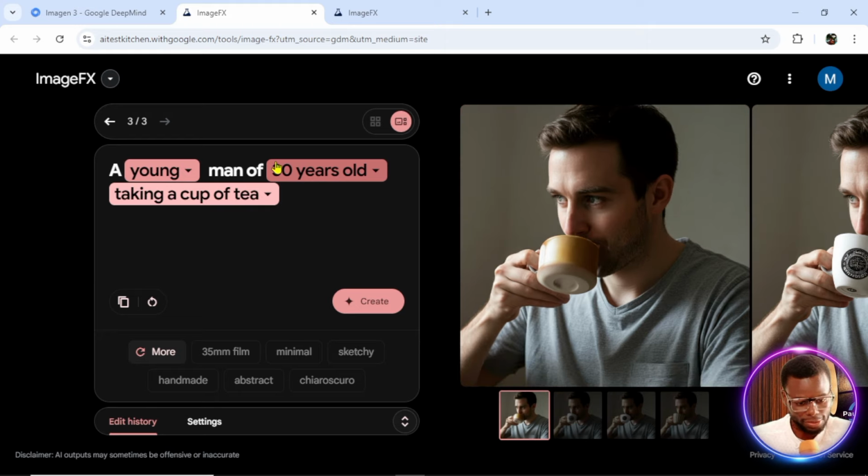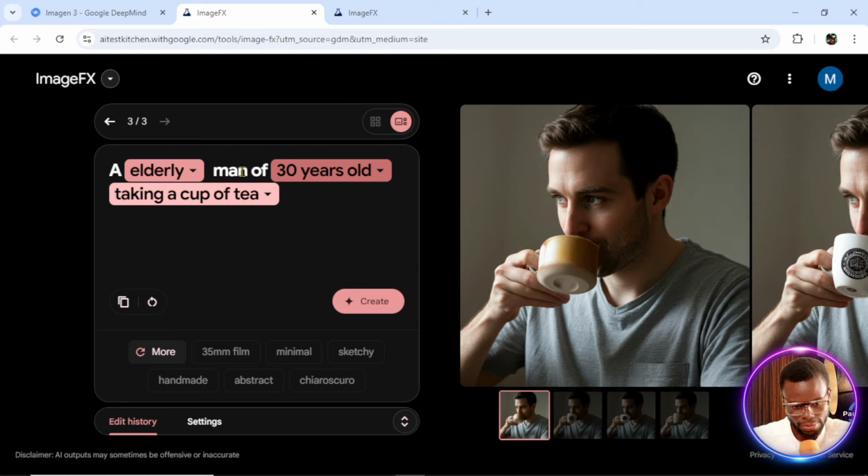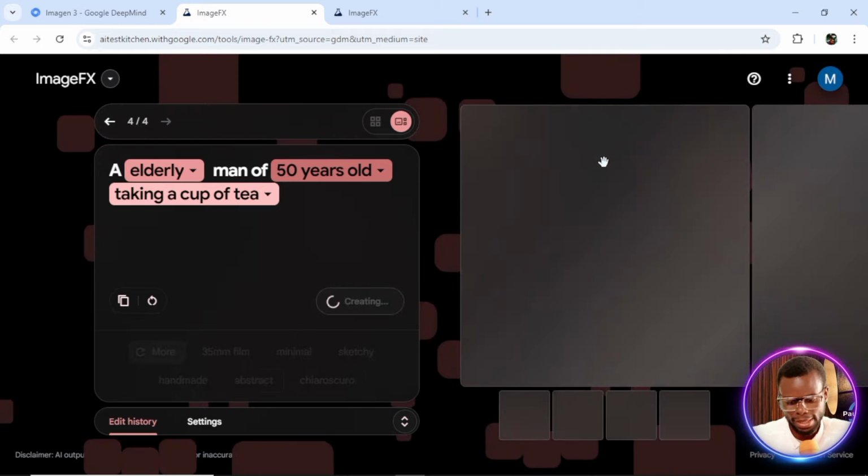All right, and that is not all of it. Maybe you can still go back to the main prompt, where, yes, it has made some highlights. You can make some changes to it. So a young man, maybe I'll change it to an old person. Okay, and then 30 years, maybe I'll change it to a 50 year old man. You see that? Maybe a cup of tea. Okay, I'll just leave it, and I'll hit enter on the keyboard,